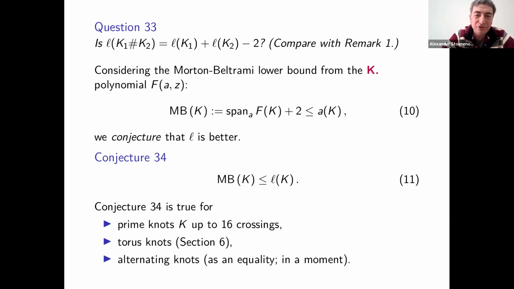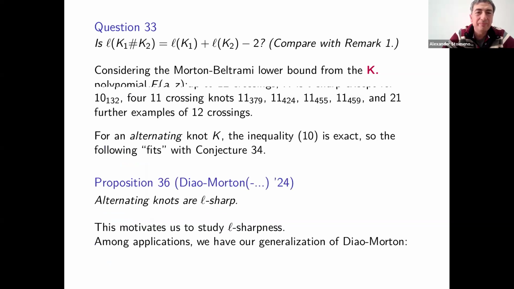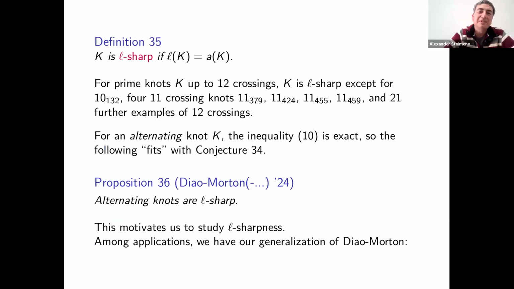So we know this for torus knots, alternating knots, and we can also check it up to 16 crossings. So in many cases, L gives the exact arc index, and let us call the knot L sharp in that case. So we know that up to 10 crossings, the only prime knot which is not L sharp is 10_32, and then there are 4 examples with 11 and 21 examples with 12 crossings, but for many knots it is